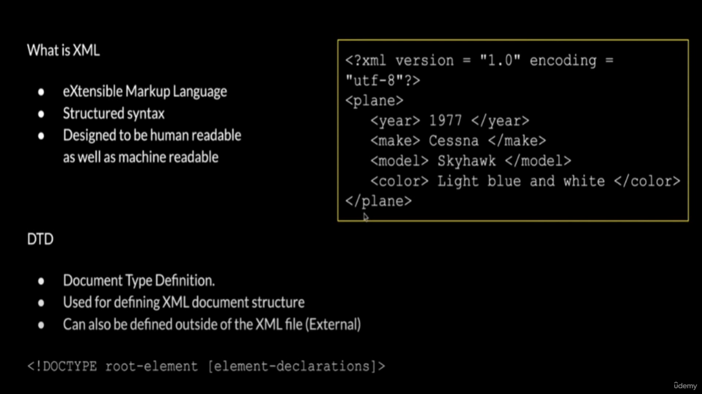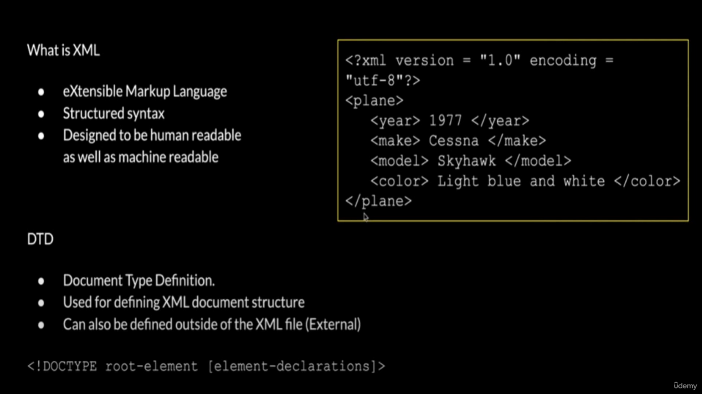It is used for defining the XML document structure, as I said, and a DTD can also be defined outside of the XML file, externally. This is a very important concept, so make sure you remember this one, the external one. I will tell you how. It is represented in this way: doctype, root element, element declaration, and then close. Still there will be a lot of confusion, right? As we keep going in this video, you will definitely understand